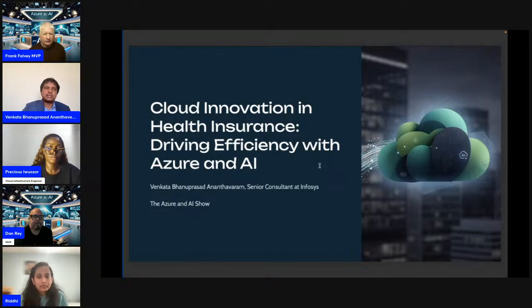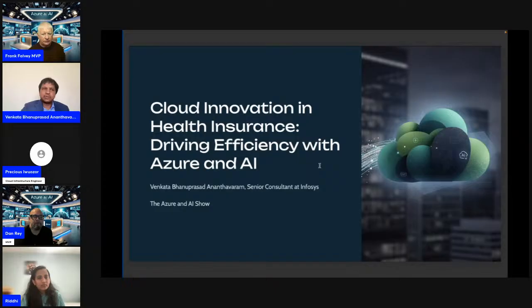Currently, I'm working as a senior consultant at Infosys and Blue Shield of California, a healthcare and health insurance company, where I focus on leveraging cloud technologies and modern engineering practices to enhance operational efficiency and drive innovation within the healthcare insurance domain. My experience spans cloud architectures, system modernization, and artificial intelligence-driven solutions, particularly in environments where security, compliance, and performance are critical.